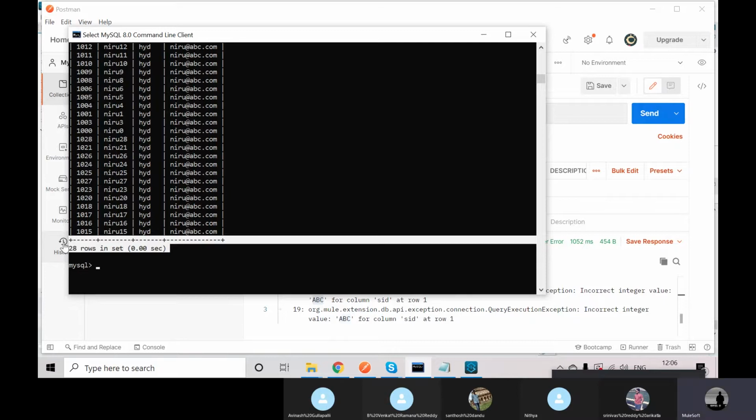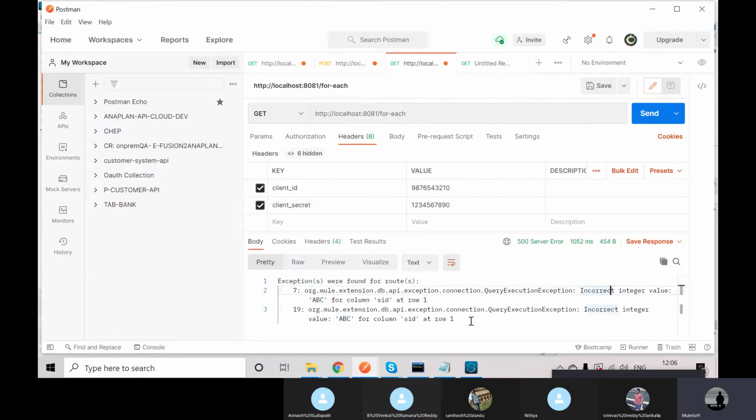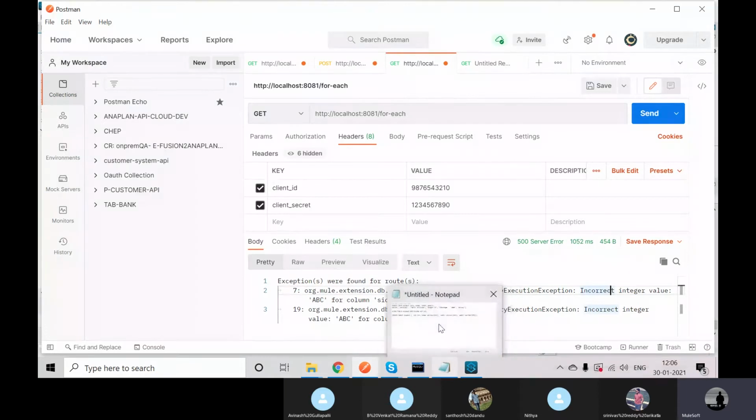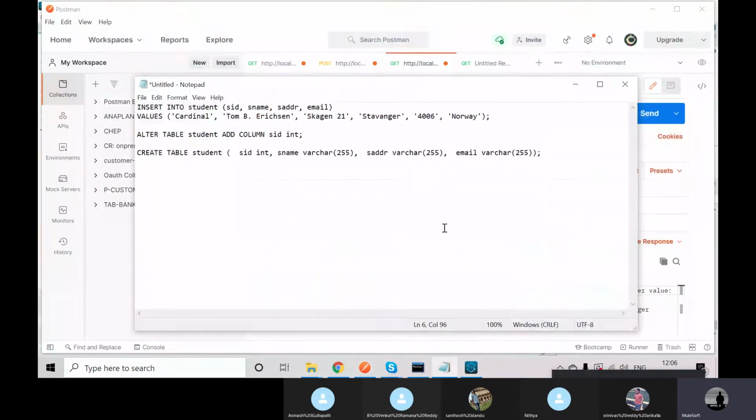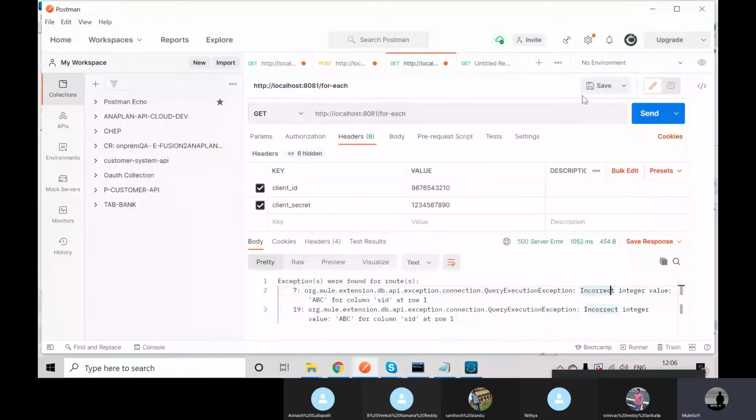Yeah, that is the advantage of the parallel for each. So in this way we can use the parallel for each. And here also we can observe one drawback actually. I'm processing 30 records, that's why it is creating 30 threads, that is fine actually. If I am processing 1 lakh records, what will happen? This is the very burden, right? To create and maintain this many threads and process all threads parallelly. So your performance will decrease actually.